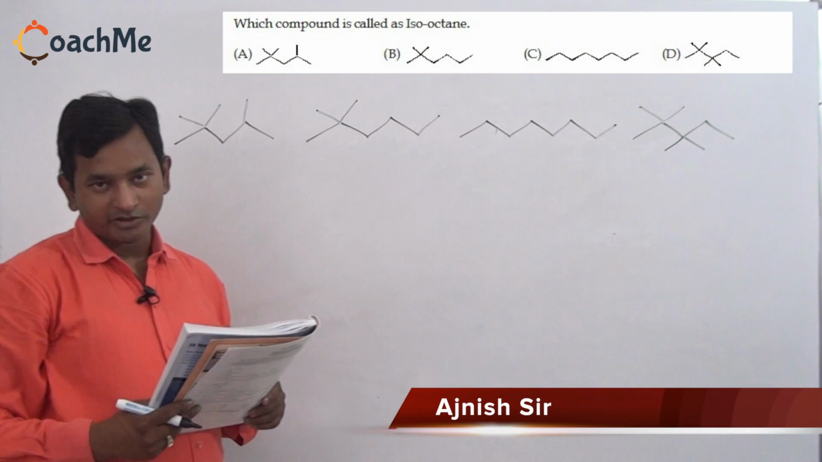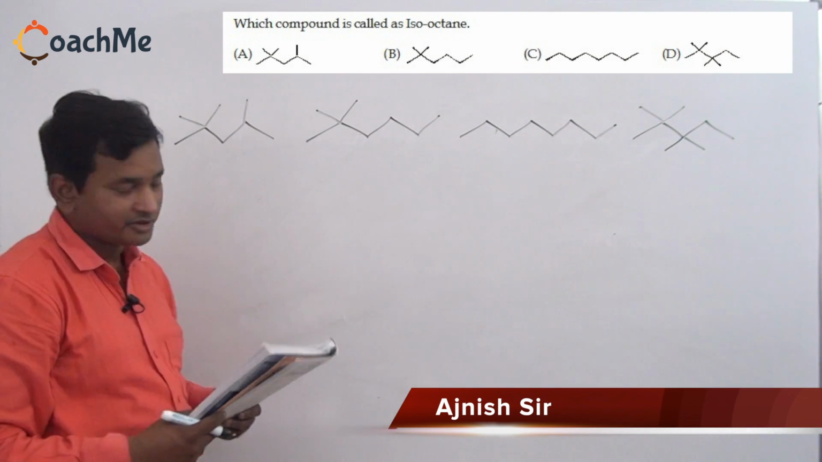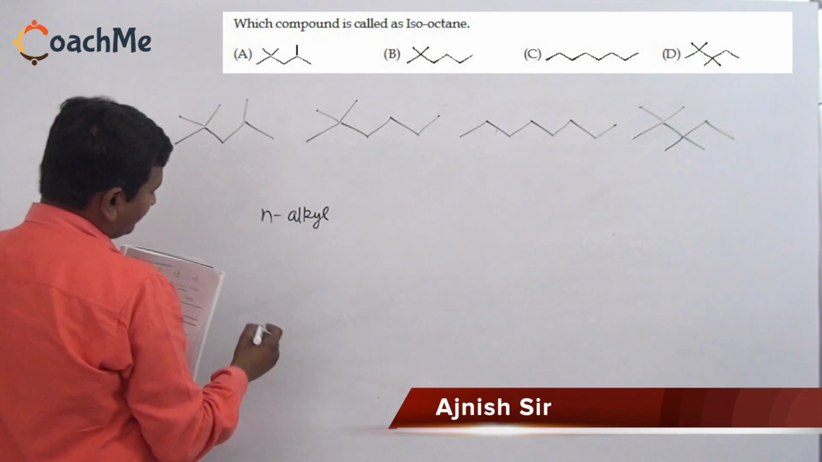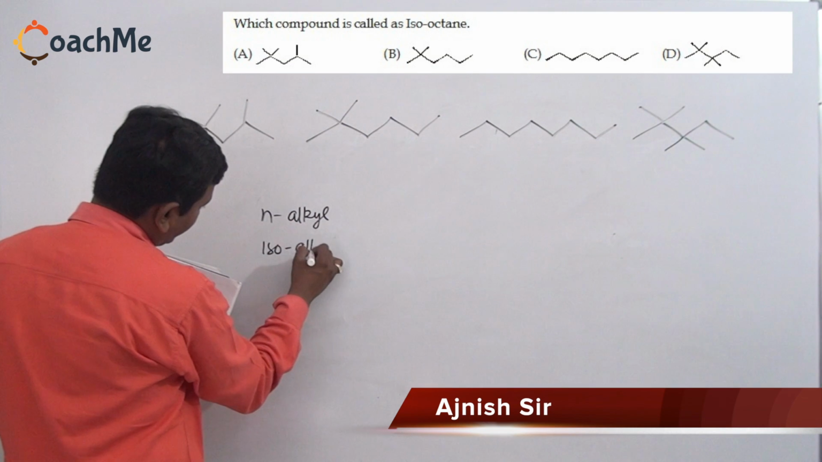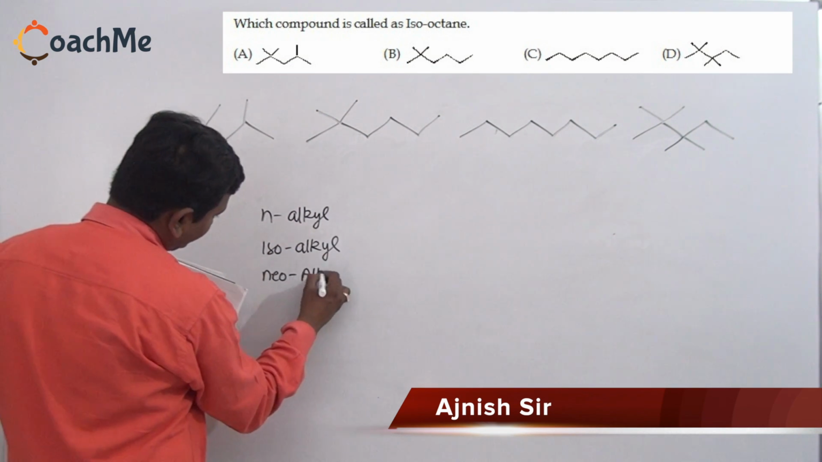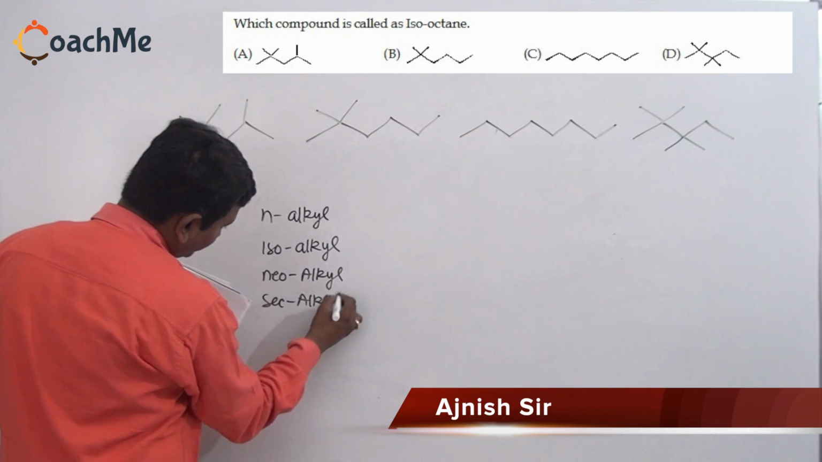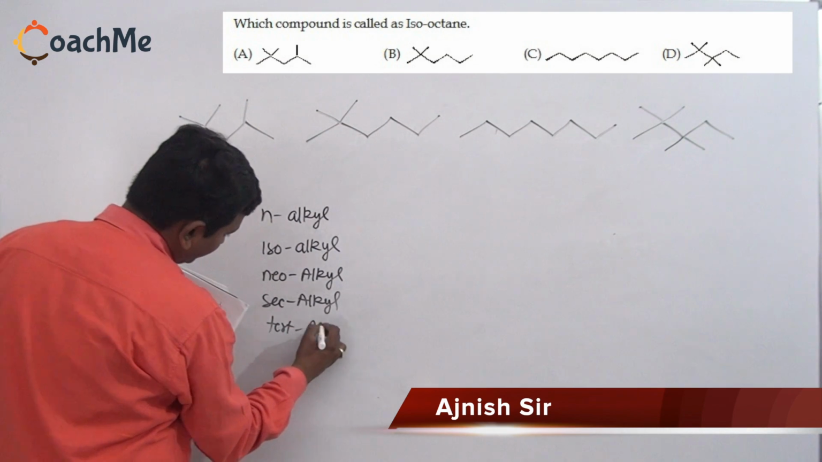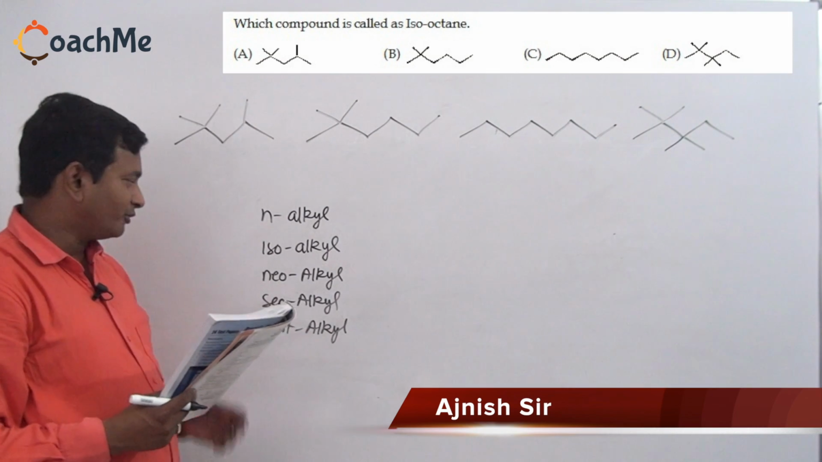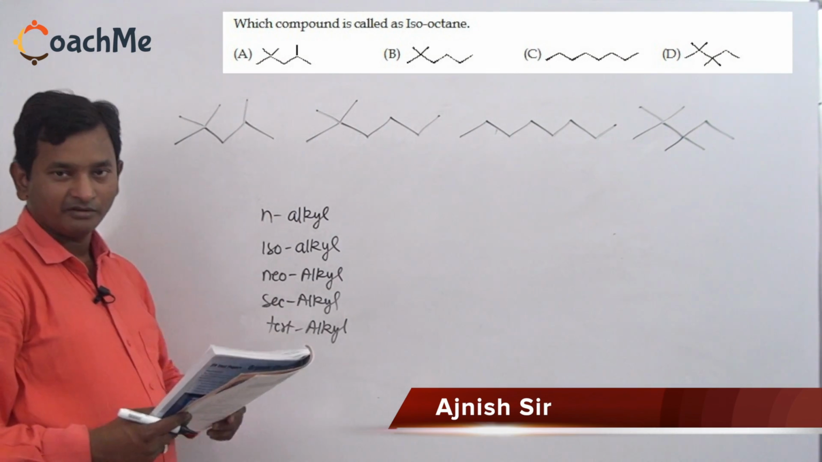Be careful about some common names. Whenever you have to see n-alkyl, whenever you have to see isoalkyl, whenever you have to see neoalkyl, sec-alkyl, tert-alkyl, these common alkyl parts are always mentioned in questions, so be careful about these 5